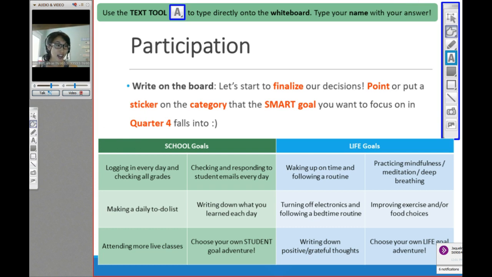So here we go. On the whiteboard, you guys today are going to have an extra credit discussion. It's time to start finalizing your decisions, right? We've been talking all about habits and goals, and now it's time to firmly put it in place